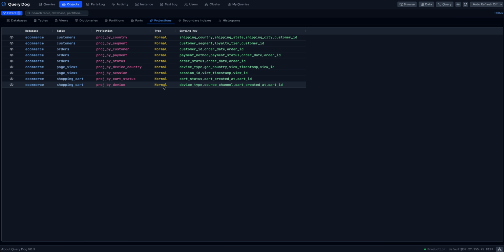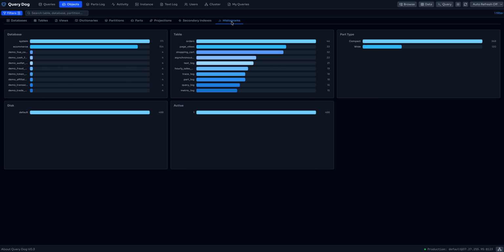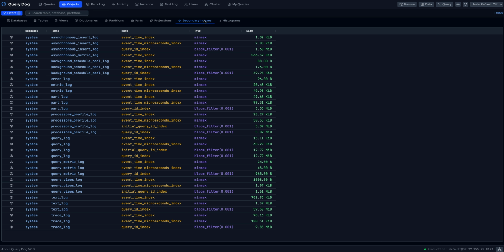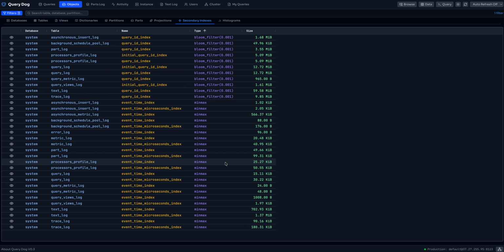Projections are obviously a very important feature for optimizing performance. Indexes, so what type of indexes do we have? And again, more histograms. Now all of this information is available in ClickHouse system tables, and it's obviously easier to work with than a query log, but I just think there's something about having it all available visually